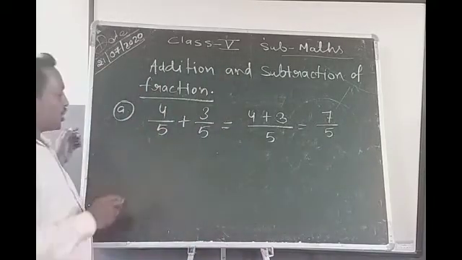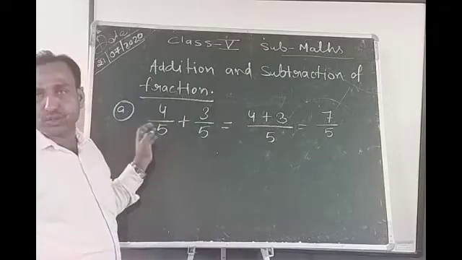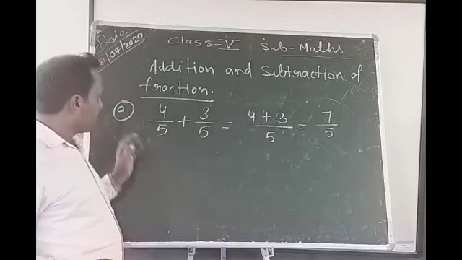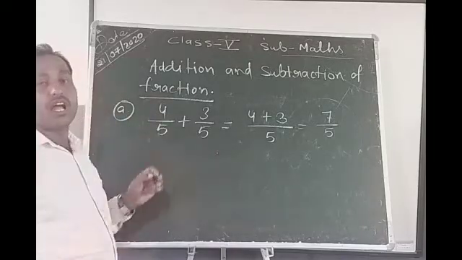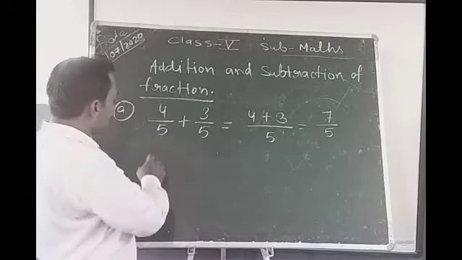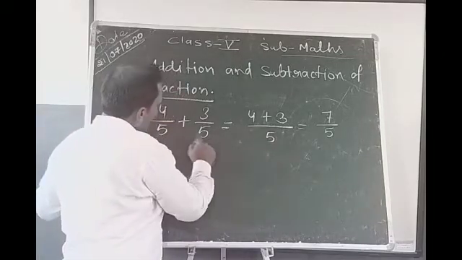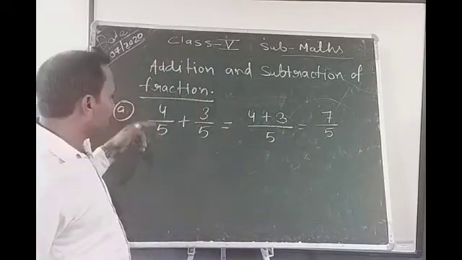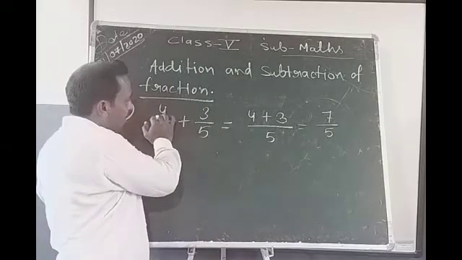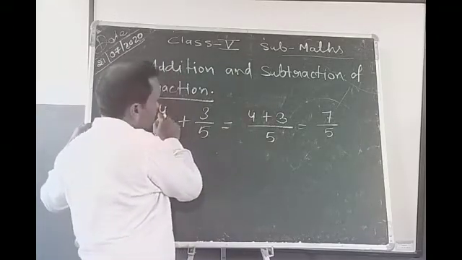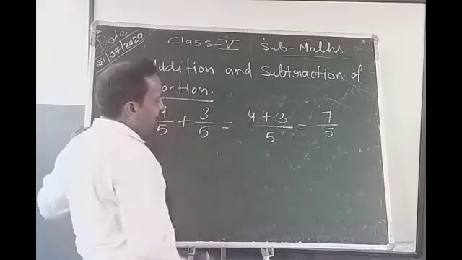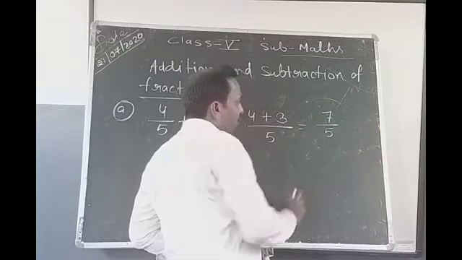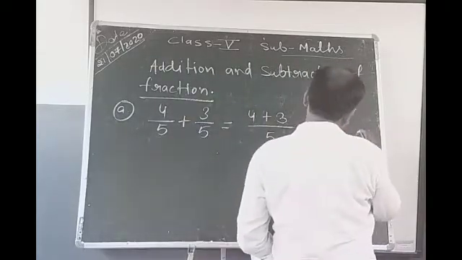What I am telling you is, first you see the denominators. In any fractions, first you see the denominators. If the denominators of both fractions are the same, then this type of fractions is called like fractions. And when the fractions are like, you first write the denominator, which is 5. And the second step, you arrange both numerators, 4 plus 3. And now the last step, you add: 4 plus 3 equals 7, and by 5. So 7 by 5 is the answer.